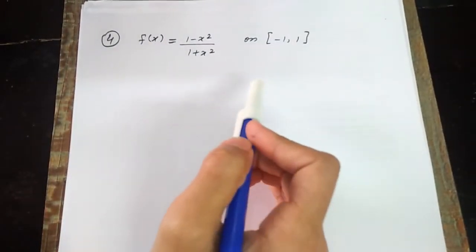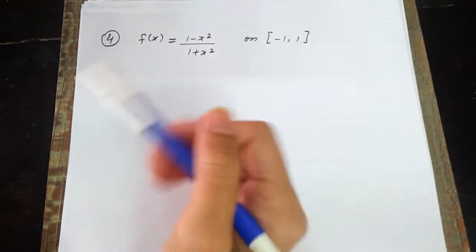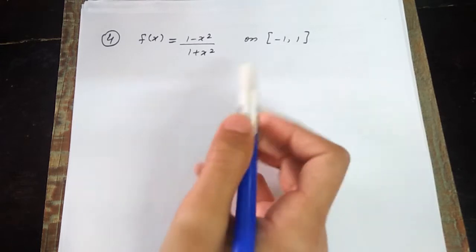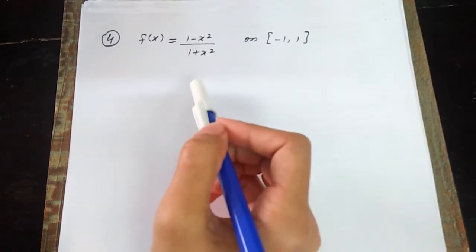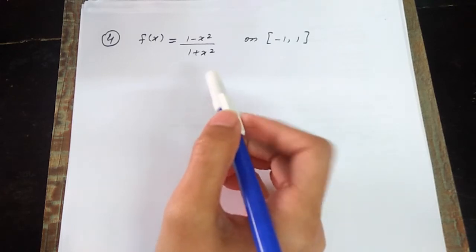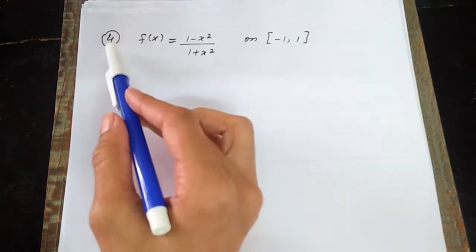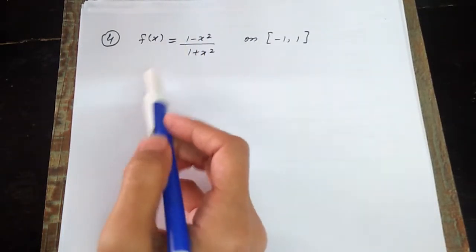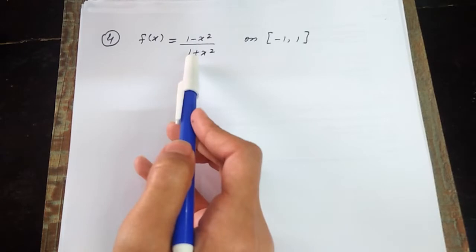In the previous video, we discussed Rolle's theorem, questions number 1, 2, and 3. Now, in this video, we have to complete the rest of the questions for satisfying Rolle's theorem and finding the value of c, that are questions number 4, 5, and 6. So, starting from question number 4, f of x is equal to 1 minus x square over 1 plus